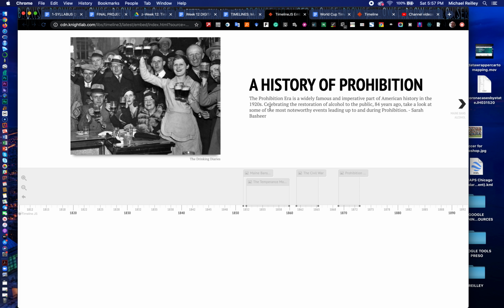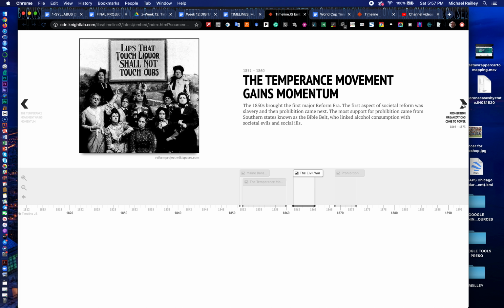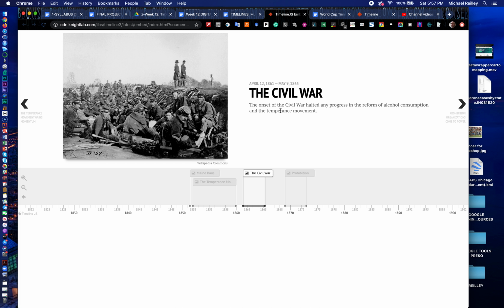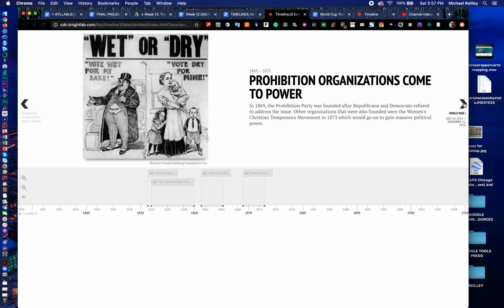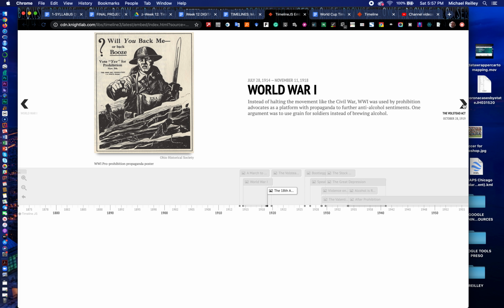This is a good example of one of the timelines that I was talking about a minute ago. This is the history of Prohibition. And notice as you slide through it, it has various images, videos, headline, a little blurb about it, and then it also lists the timeline down here. You have to put a start date and end date so it shows up properly in the timeline. We'll show you how to do that when we open up the spreadsheet. But it's a really cool little